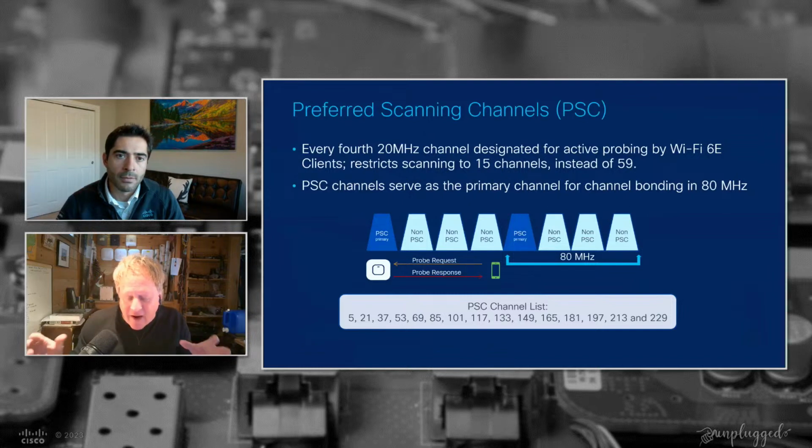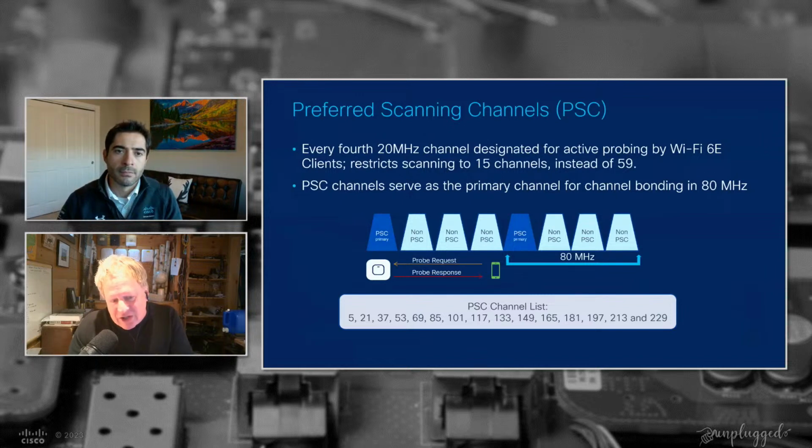In those regulatory domains, you're going to see Cisco set the default channel width to 80 megahertz. In that case, what you will see is one out of every 4 channels set up to be what's called the primary channel. The primary channel has a special responsibility. There are 4 channels bonded together, all 20 megahertz channels, that make up 80 megahertz. The primary is the channel that's sending out the beacons. It's also the channel that you could send a probe request to as an active scanning method,